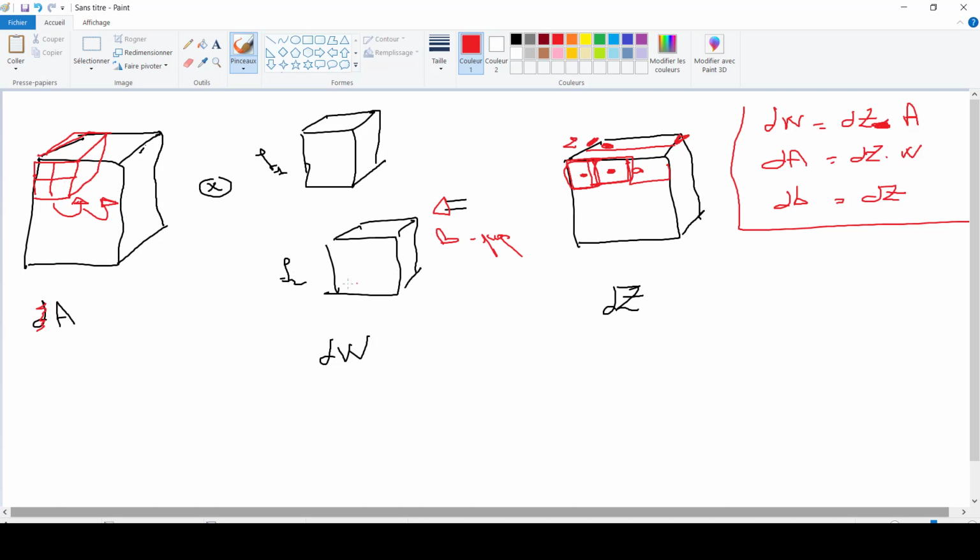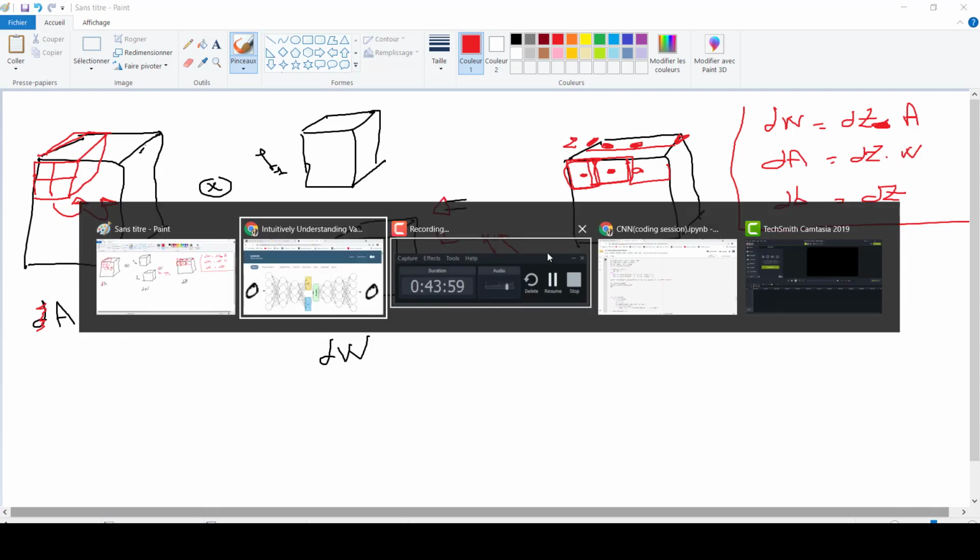It's going to fill this matrix plus the second slice times, I'm going to move here, etc. and sum this, and I have my DW. Okay guys, so this is for derivation of DW. Let's move to the derivation too of DA.